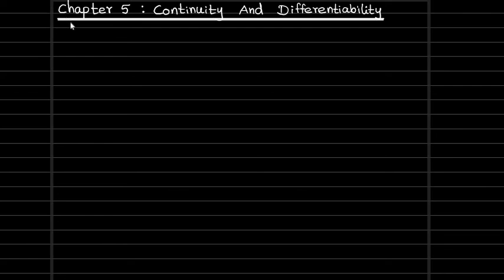In this video, we are going to see for our CBSE board grade 12 standard maths chapter number 5, continuity and differentiability. In the previous videos, I have given the explanation of example 1 to example 5. So now in this video, we are going to give the explanation of example 6. So what is the given function that we will see, and what we need to prove also we will understand.